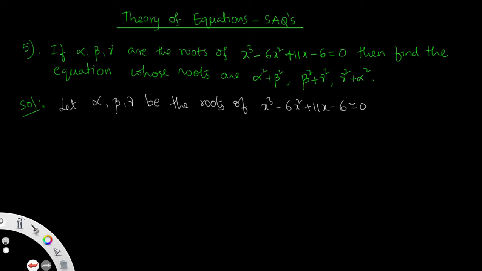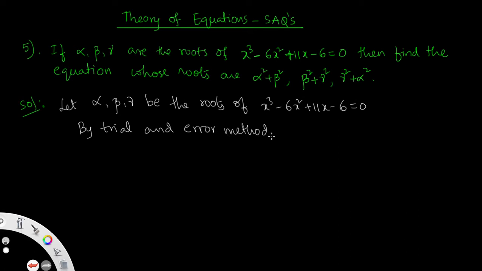First we have to find one of the roots using the given equation. The easiest method is to find one of the roots by the trial and error method. So I am taking the easiest way to find one of the roots of the given equation, that is by using the trial and error method.